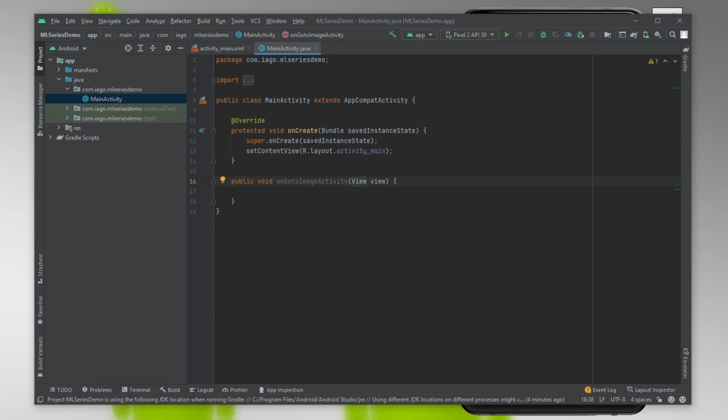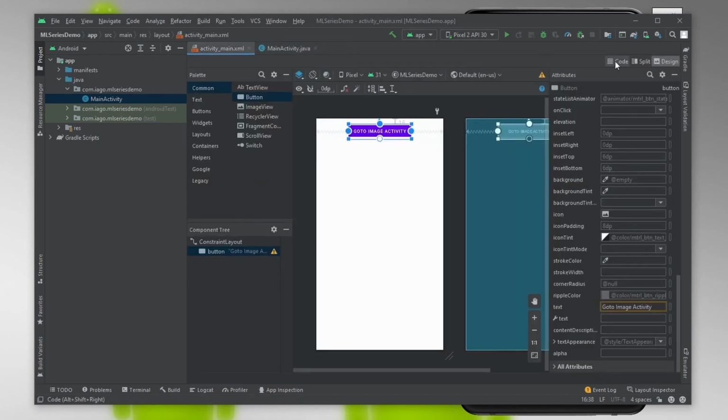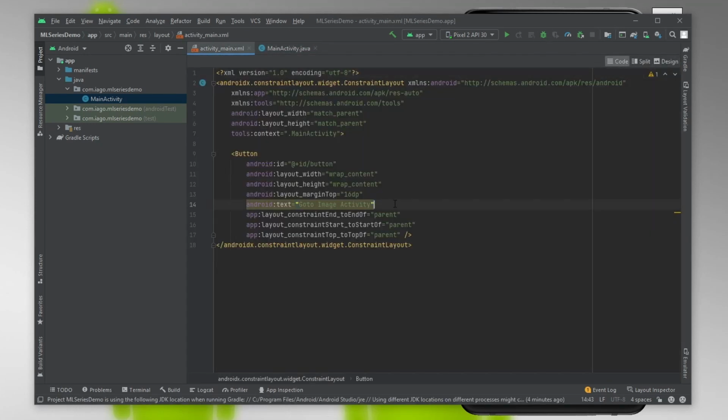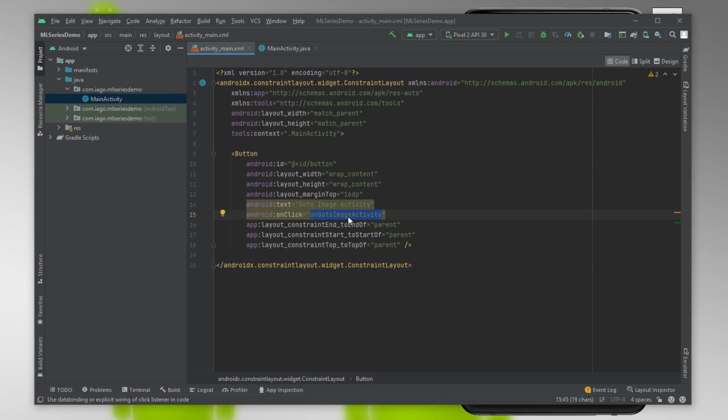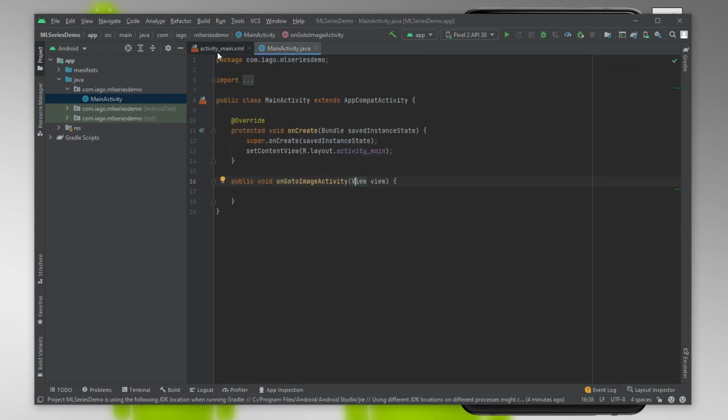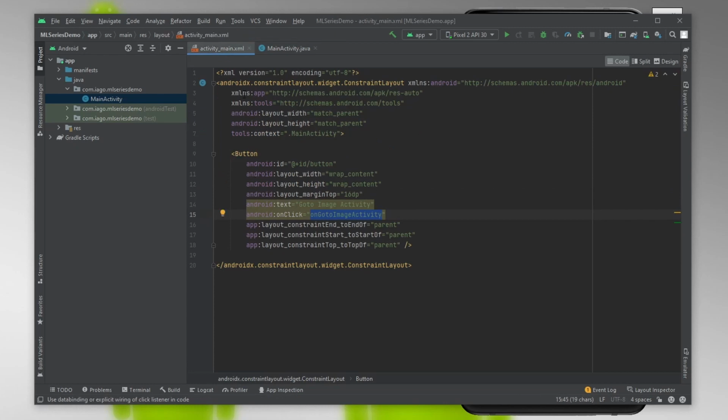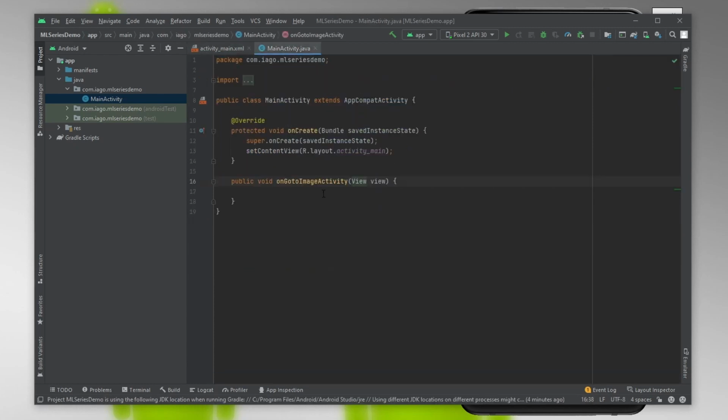We go to activity main, go to code, and add an Android on click, and then Android itself will give an option to add that method that we have just created. You can see the method that we have created in the main activity is already linked here. As soon as this UI is launched and somebody clicks on that button, this method will get called.